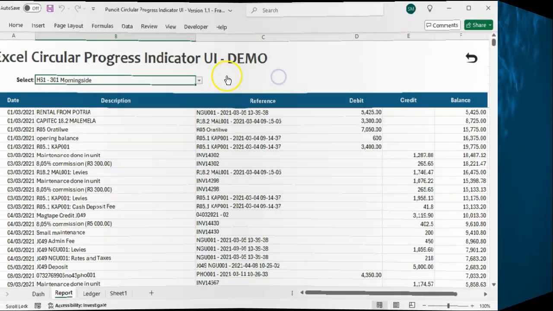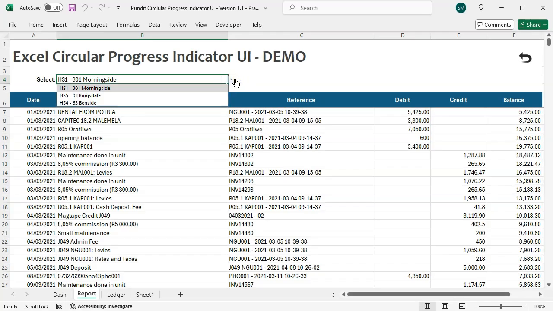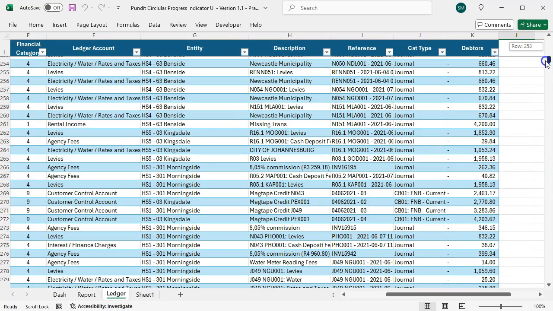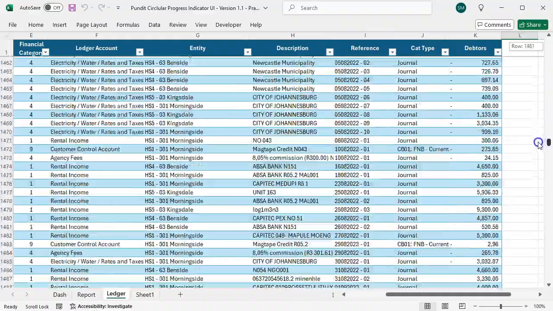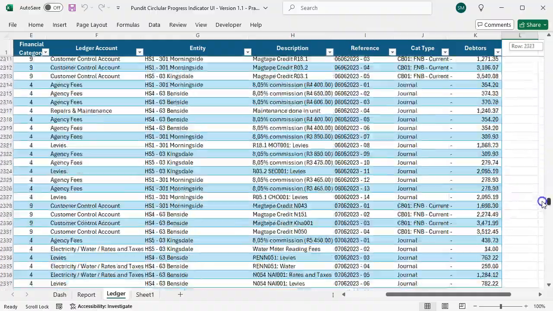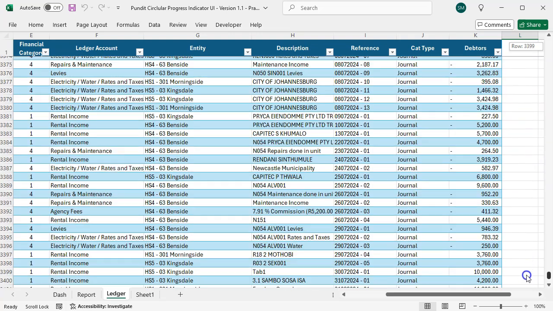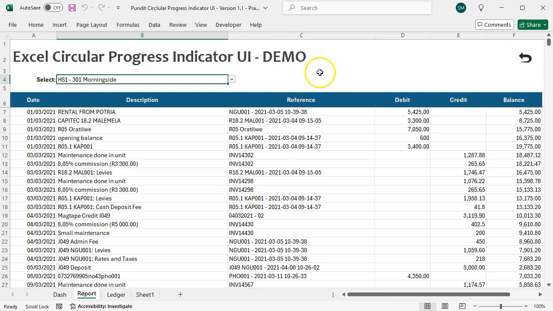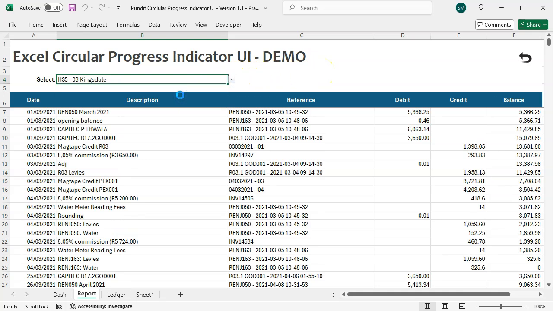Let's start with the worksheet. In this worksheet, I'm generating a report for a specific property from this detailed ledger. The code loops through the ledger, searching for the required information to produce a refined report for a selected property. This is not a good example because the report is a bit fast. The code is well done and the data source is not that big, but I will use it for demonstration.